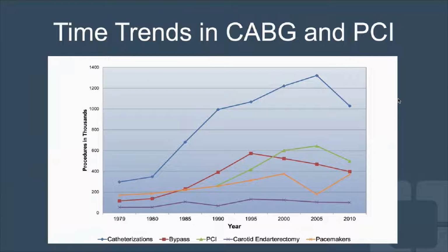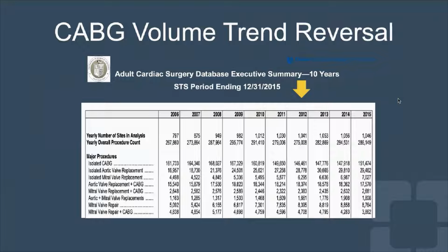Now, over time, the number of coronary artery bypasses increased and peaked in the mid-90s, and that was also around the time when PCI became more readily available. And as PCI became available in more and more places, the number of coronary bypasses started to drop. However, in recent years, we've seen again an increase in the number of coronary artery bypasses, and currently there's about 300,000